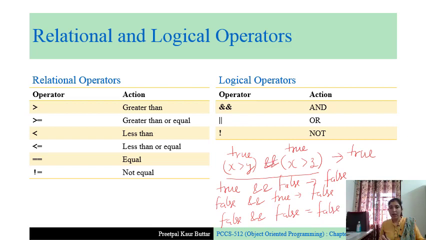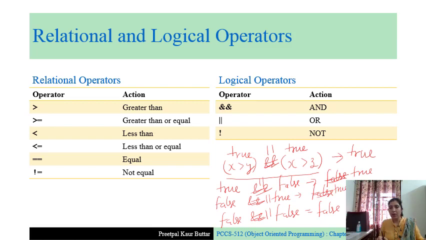If instead of AND we are using OR, then OR means if any one expression is true, the result is true. OR is false only if all the expressions are false. So false or false is false. Okay, true or true is true, true or false is also true, because one of these two expressions is true. Similarly, false or true, here again it is true in case of OR.